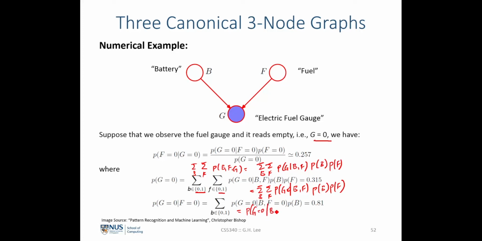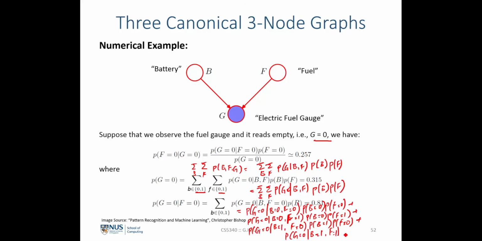So P(G=0 | B=0, F=0) multiplied by P(B=0) P(F=0), plus the probability of G=0 conditional upon B=0, F=1, P(B=0) P(F=1), plus P(G=0 | B=1, F=0) P(B=1) P(F=0), plus the last probability term would be P(G=0 | B=1, F=1) P(B=1) P(F=1),